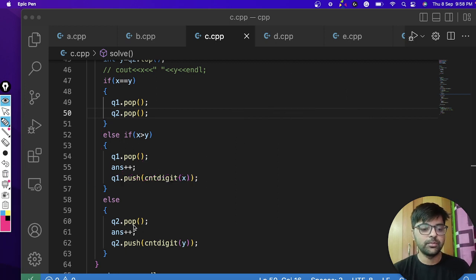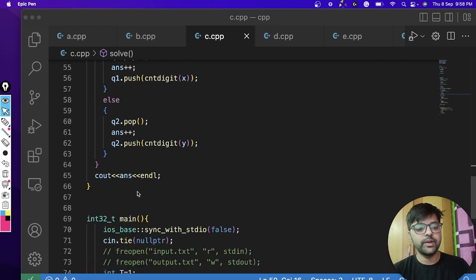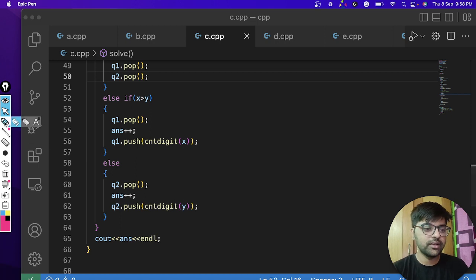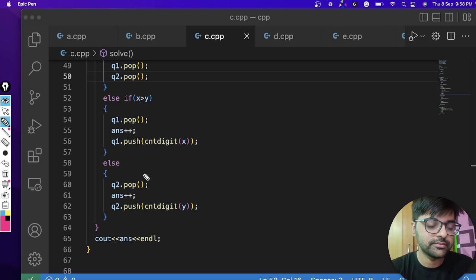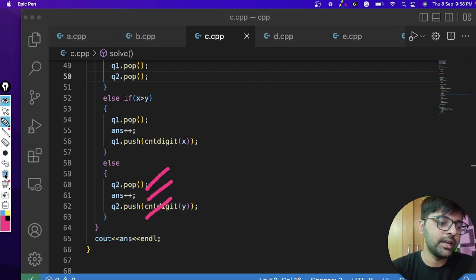Similar for q2. Again for q2, if y is bigger from the second array, that is array b, then we do q2.pop, and finally everything will match, right?